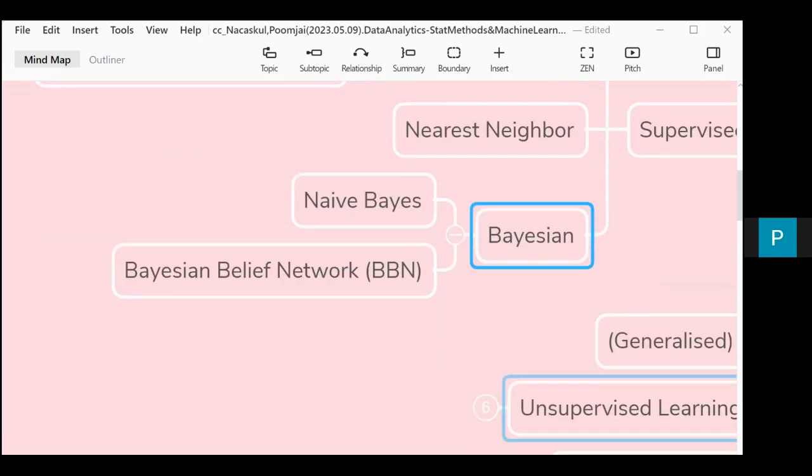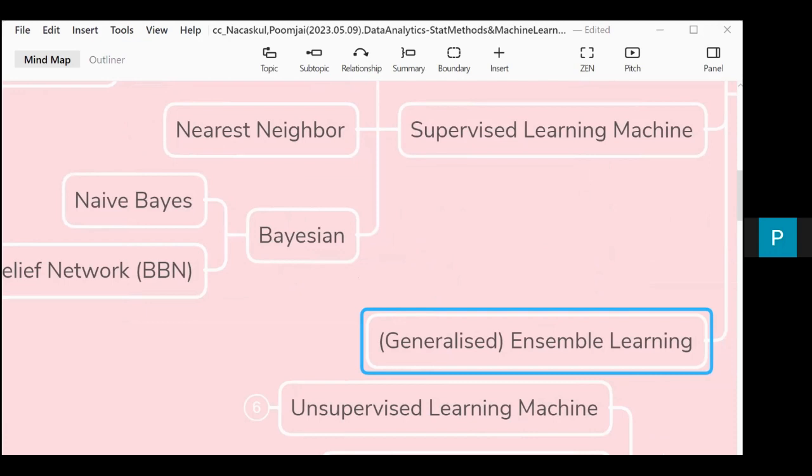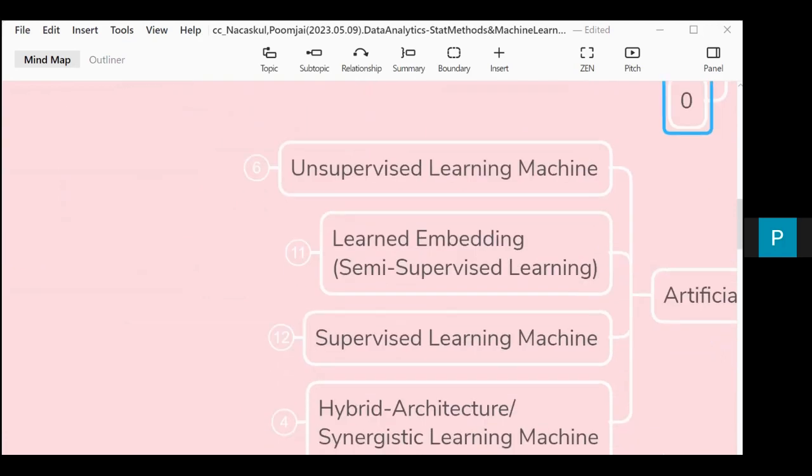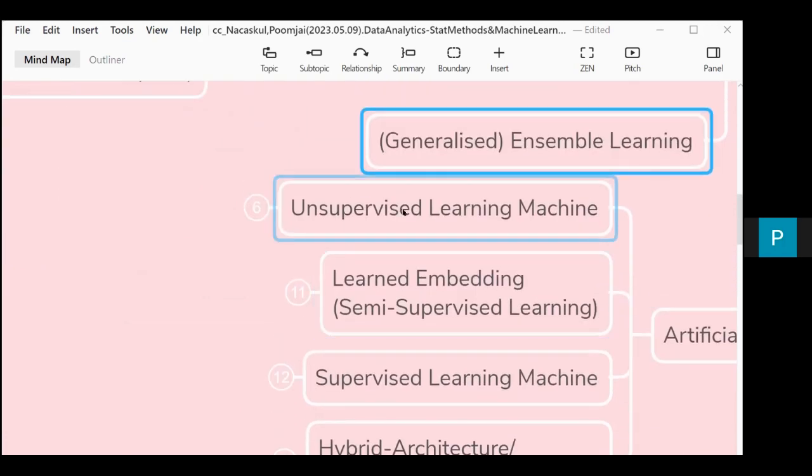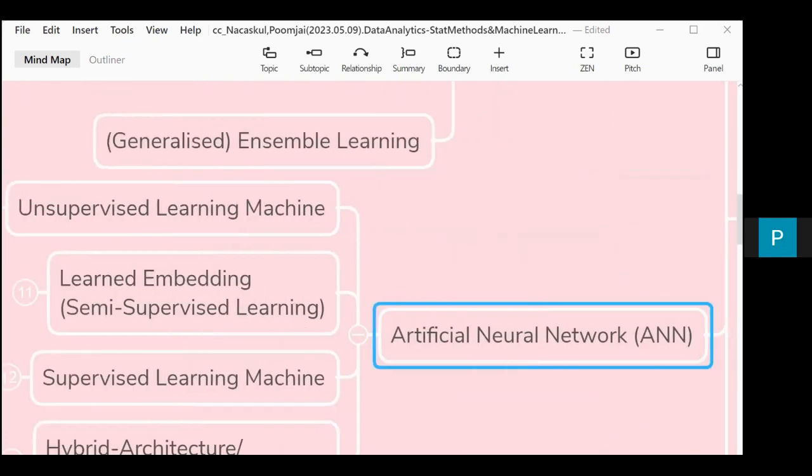There is naive Bayes and Bayesian belief. I'm not going to go into it. Right, I'm not going to save this. Now,